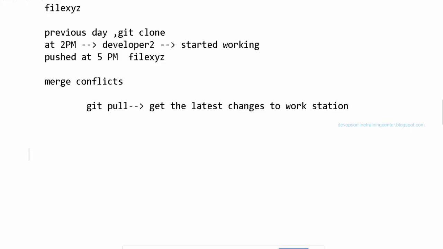Take a second scenario wherein the person working on feature 1 also has to make changes in the main file, and the person working on feature 2 also has to make changes in the main file. So the main file has to have 2 entries, one for feature 1 and the other for feature 2. In this case it will throw errors, because the main file is modified in the feature 1 branch and also in the feature 2 branch. So we need to resolve the conflicts, because GitHub cannot figure out what is right.